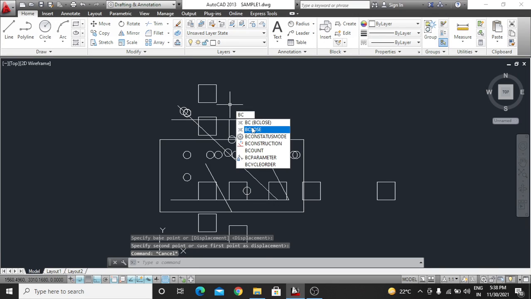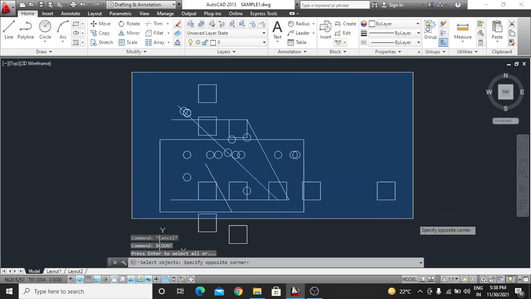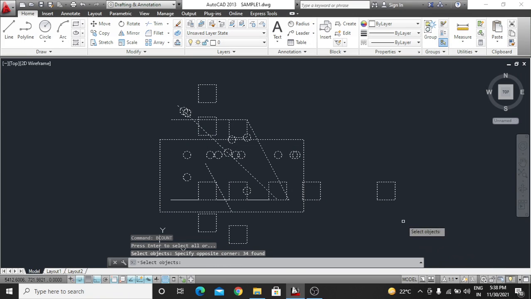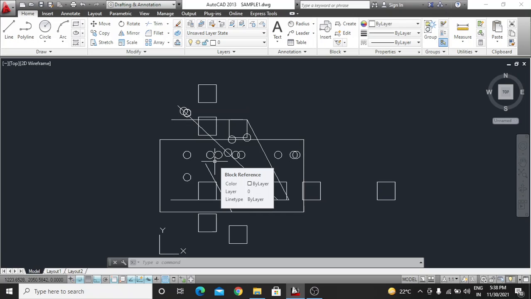Just B count, enter, B count, enter, and select all the objects. Now see the magic of block, enter, you have 10 columns in your selected area and 17 chairs. So guys, this is a very useful tool, block, you can use in your design. If you have a very big plan layout, just make it a block, and after that your design will be very easy.